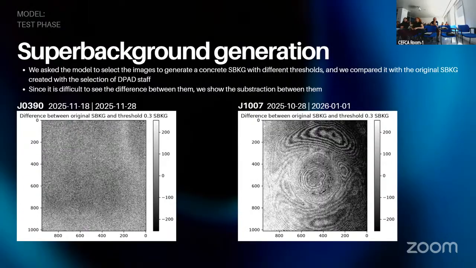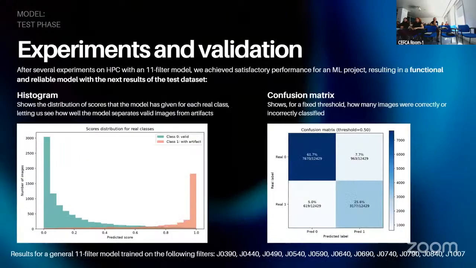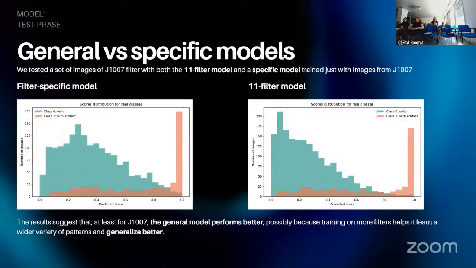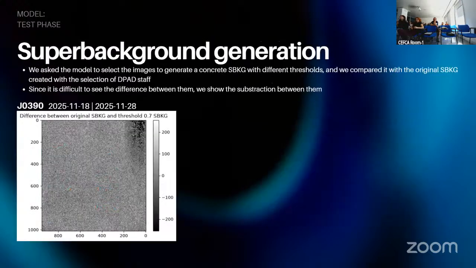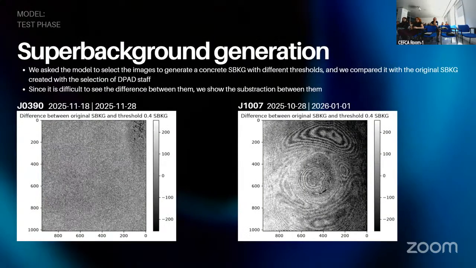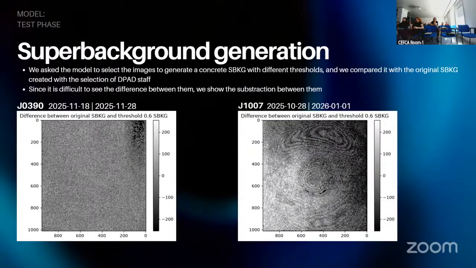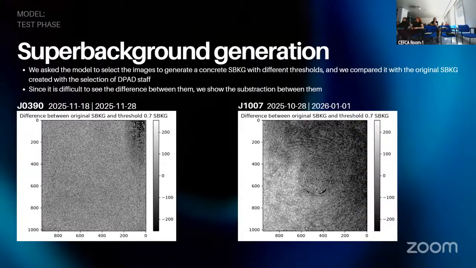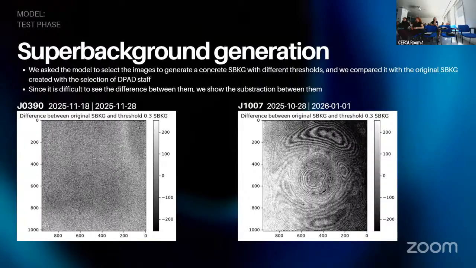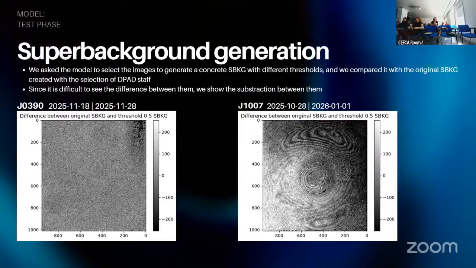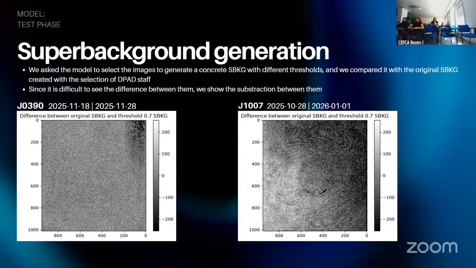I don't know, maybe I can show you through a histogram better. For example, if I pick a threshold of 0.5, I'm going to have all these right images selected, but the amount of images is going to be too low, maybe, to generate a super background. I don't know if I should be surprised that statistics make such a difference, but the fringing there is just so obvious between the two. At first sight it surprises me, but okay, if one is 200 images and the other is 5.